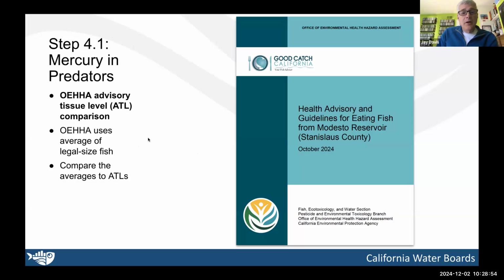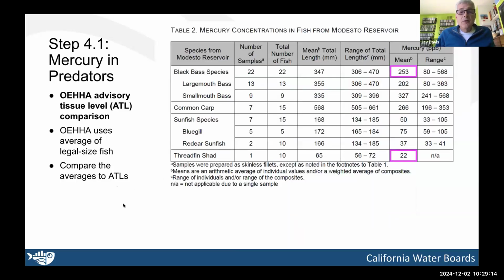And so OEHHA, when they do their assessment, uses a slightly different approach. They don't do the length adjustment. They just use an average of legal size fish, so for black bass, anything above 305 millimeters, and you compare the average to the ATL. As an example, OEHHA just published advice for Modesto Reservoir based on SWAMP data, and there's